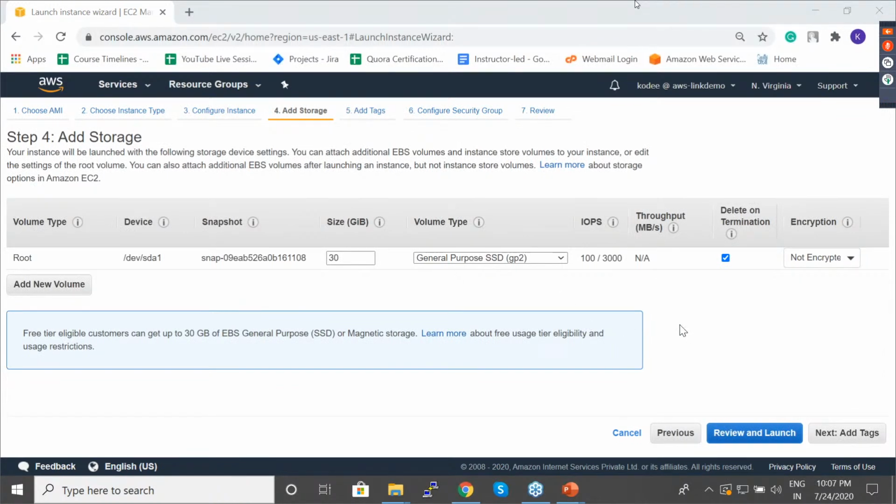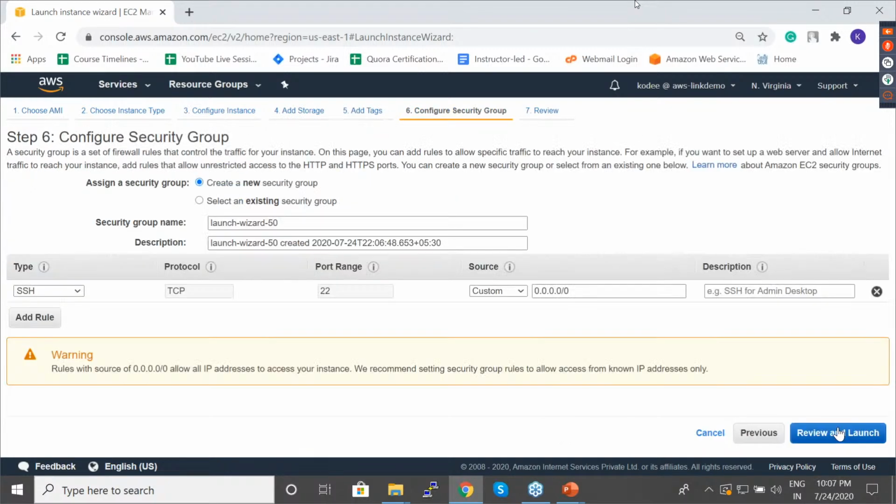So the basic thing you'll have to remember is AMIs, choosing the instance type, number of instances, add storage, tags. Finally, security group. Security group is again one of the important concepts. Security group is the gateway for what type of traffic is allowed. For example, here you can see SSH, 0.0.0.0/0. This basically means you can access this particular instance from any IP address. If you have the right key, that is the right key pair for this particular instance, you can access this server from any PC which you want.